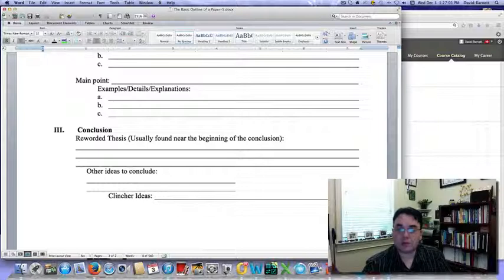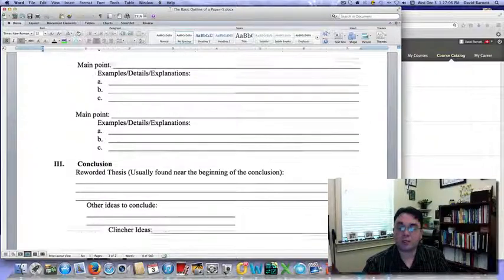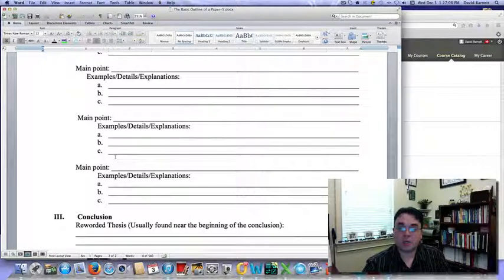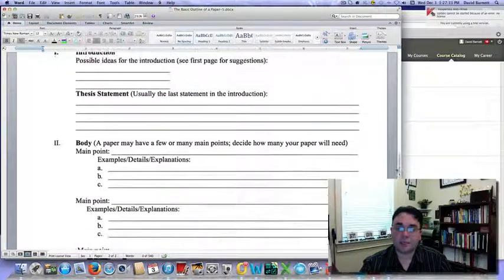Your 5 research articles basically fall in line with these examples and explanations, so you'll already have your quotes ahead of time. If you're smart, you'll take this page, write your main point down, go into your research articles, and write down the quotation here that you want to use from this article, and the quotation from the other article that you want to use. That way your paper is literally outlined right in front of you with this document, and it makes it go so much easier. And again, use this document for your other papers and your other classes, and your professors will be impressed because you're following a format that's been laid down for many, many years.